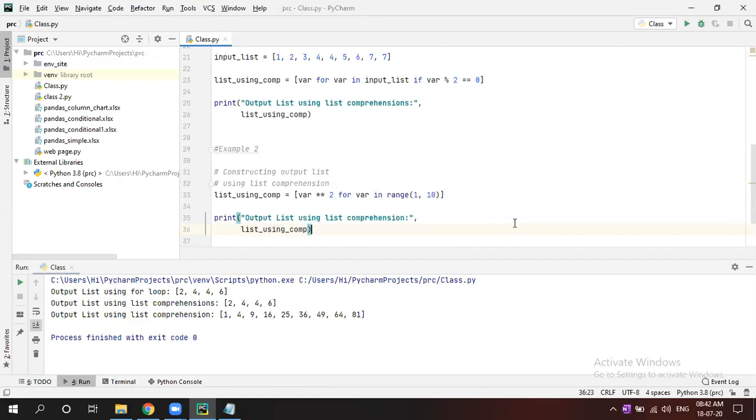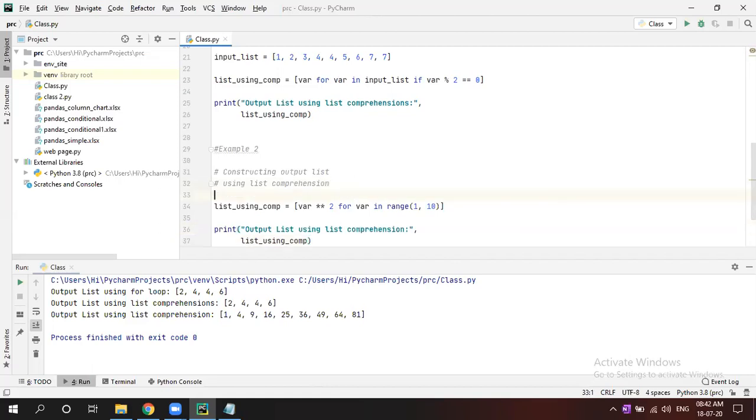So here the question is, print the square of the numbers 1 to 9. Let's say I have a list: 1, 2, 3, 4, 5, 6, 7, 8, 9.